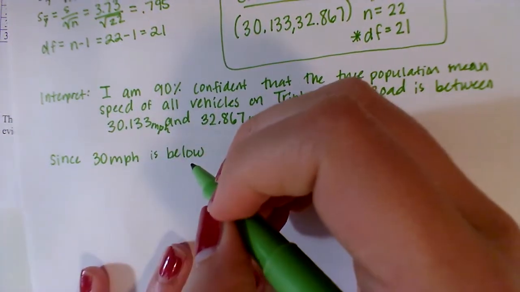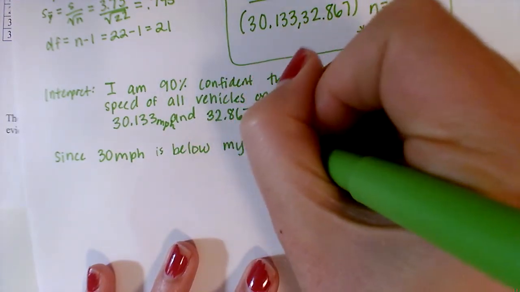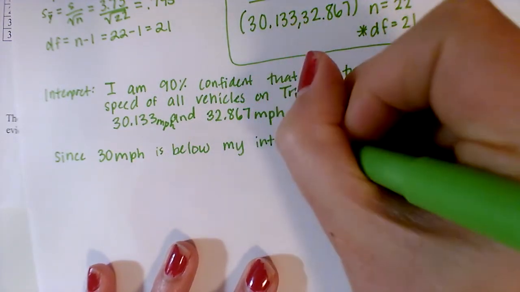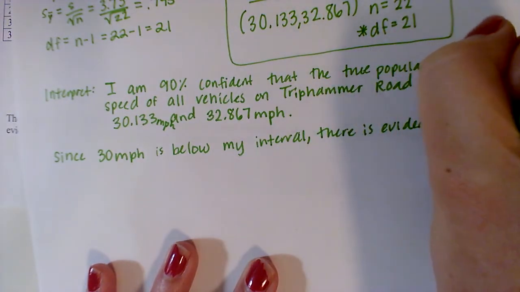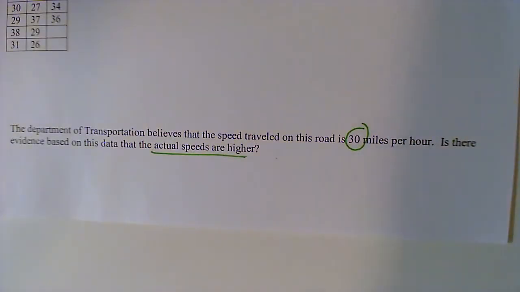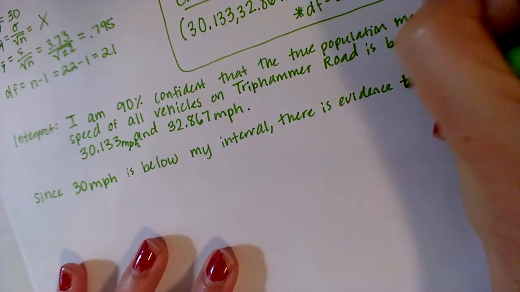Since 30 miles per hour is below my interval, there is evidence. What did they say? Is there evidence based on this data that the actual speeds are higher? There is evidence based